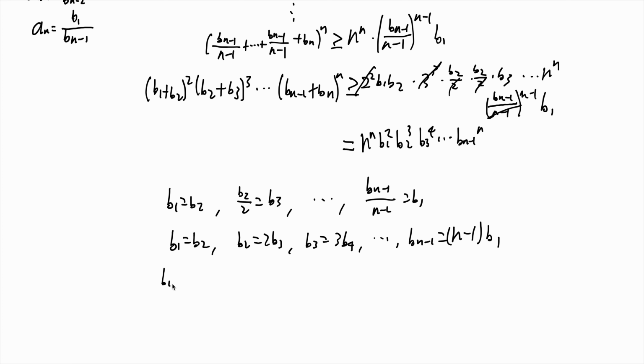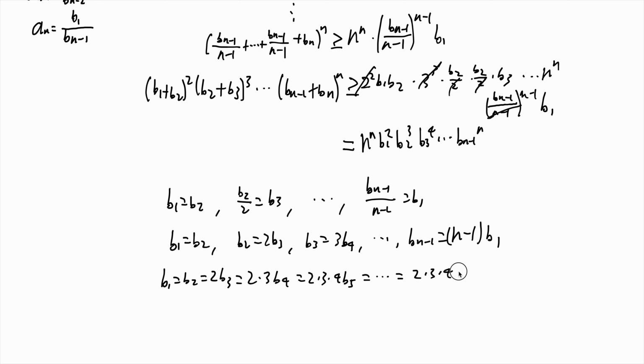So we know that these all must be true. b sub 1 equals b sub 2 equals 2 times b sub 3, and this is equal to 2 times 3 times b sub 4. This is equal to 2 times 3 times 4 times b sub 5, and all the way until